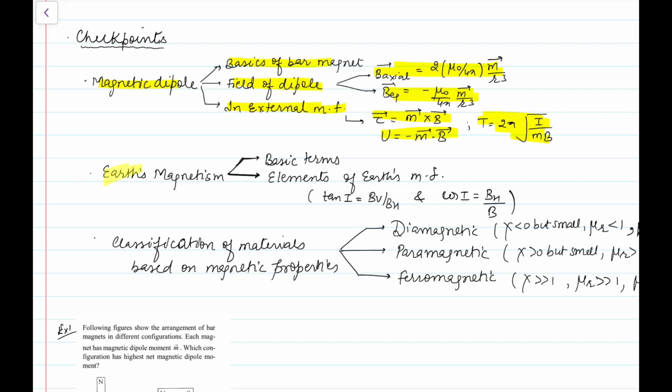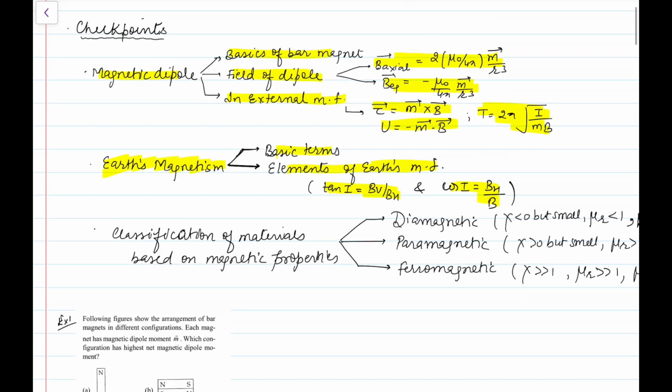The second part deals with the magnetism produced by the earth, or terrestrial magnetism. You should know what the magnetic meridian, magnetic pole, and magnetic equator are, everything, and the three elements of the earth's magnetic field: declination, inclination, and B_H. The two formulas that you use, and like this, are always going to help you. The B_V, B_H formula and the diagram that you make, I'll try to make in one of the questions to recollect that.